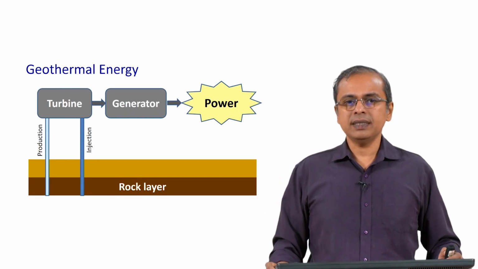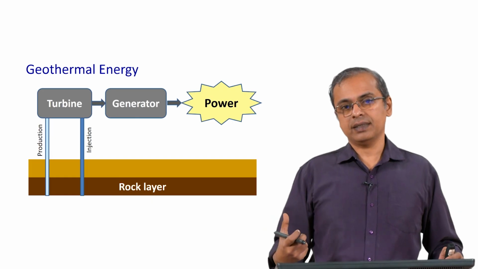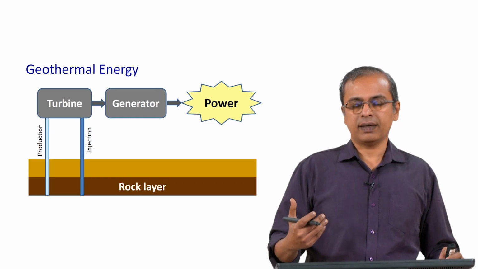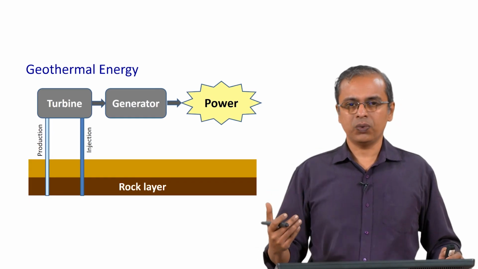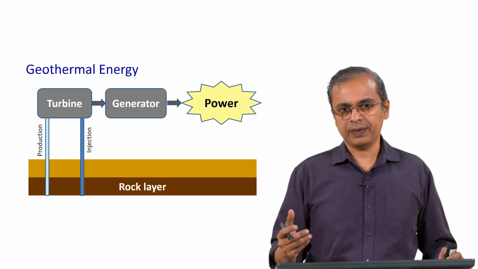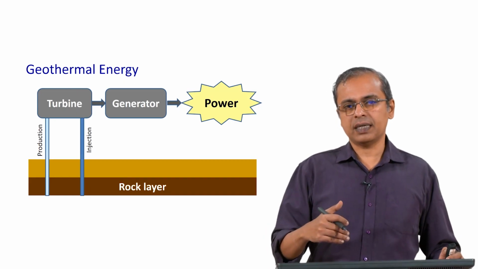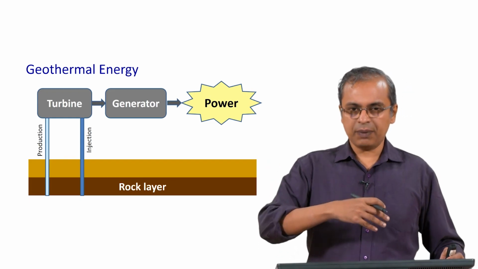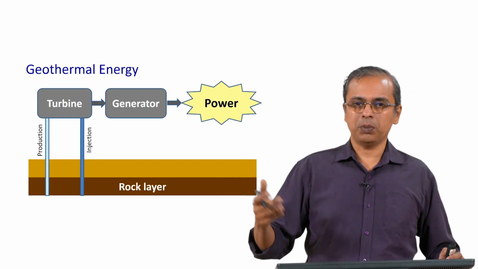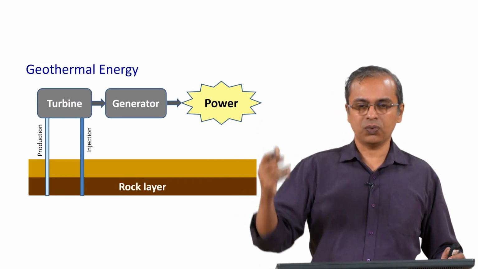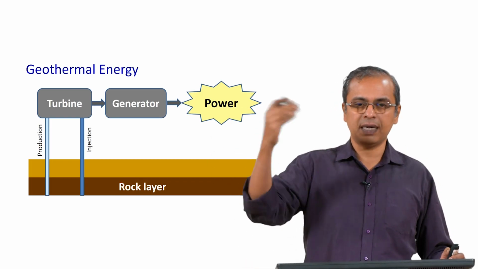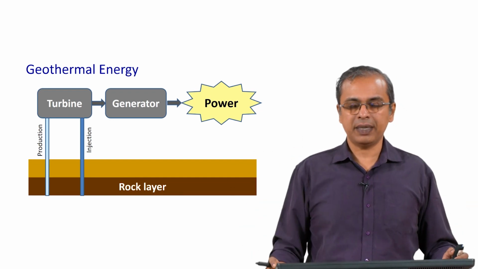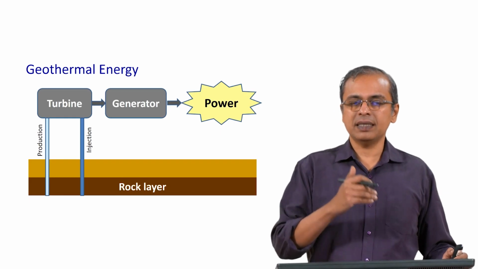Geothermal energy. This is energy that is already there inside the earth. If you go deep inside the earth, maybe even 1 to 2 or 3 kilometers deep, you see temperatures that are extremely hot. In fact, some representation of this is what you see in the form of volcanoes, where it has eventually broken through, and you have a fissure through which lava is coming out, and you see volcanic eruptions. That is happening independently, but this is tapping that energy in a controlled manner.